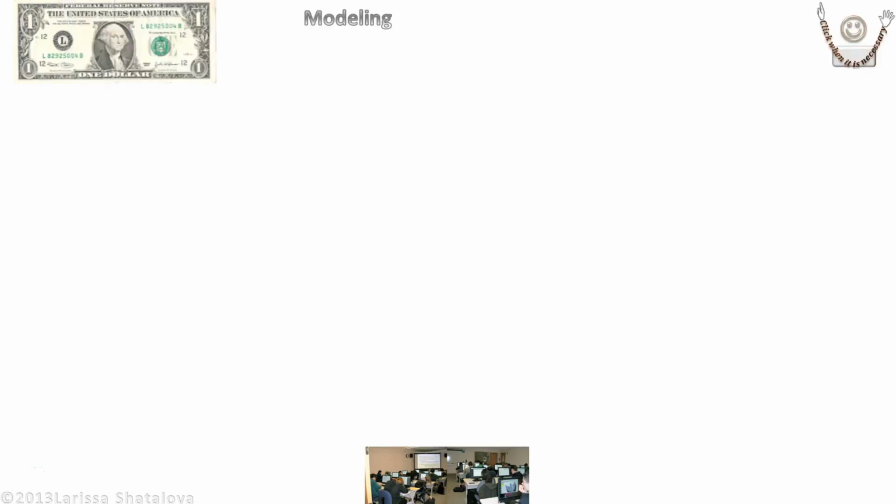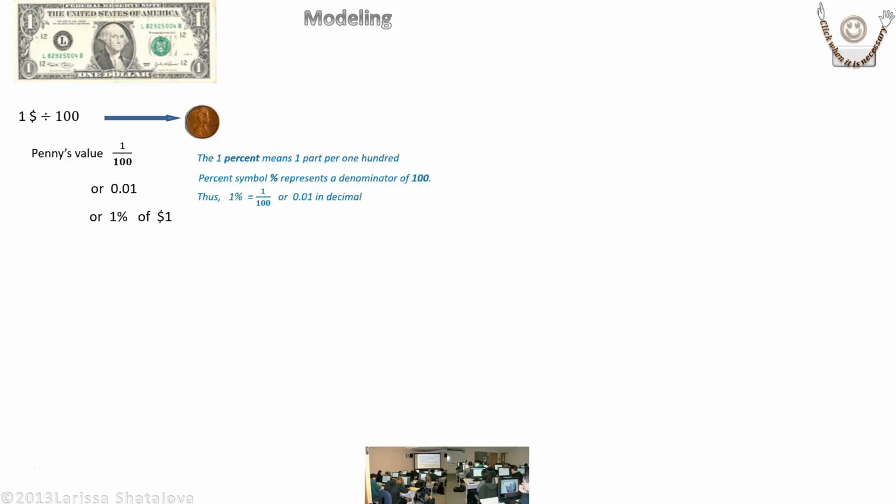Modeling. As you know, $1 is worth 100 pennies, 100 cents. If we divide $1 by 100, we get 1 penny. The value of 1 penny we can show as a fraction, ratio, 1 over 100, or as a decimal, 1/100th, or as 1% of $1. From this modeling, you can see that 1% means 1 part per 100. The percent symbol represents a denominator of 100. Thus,